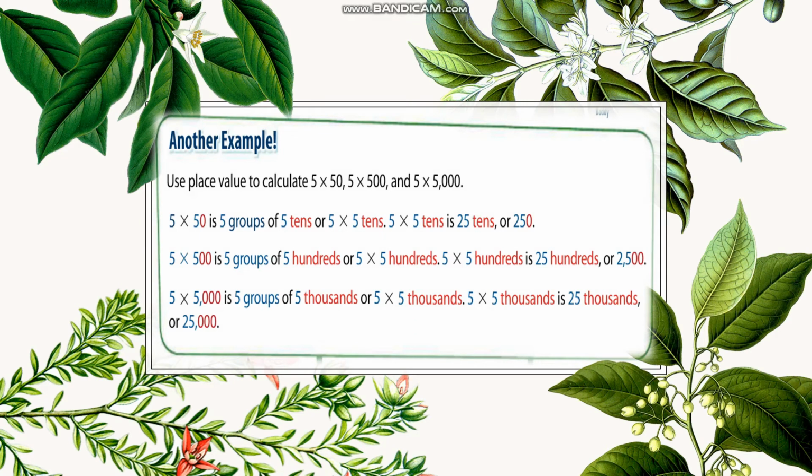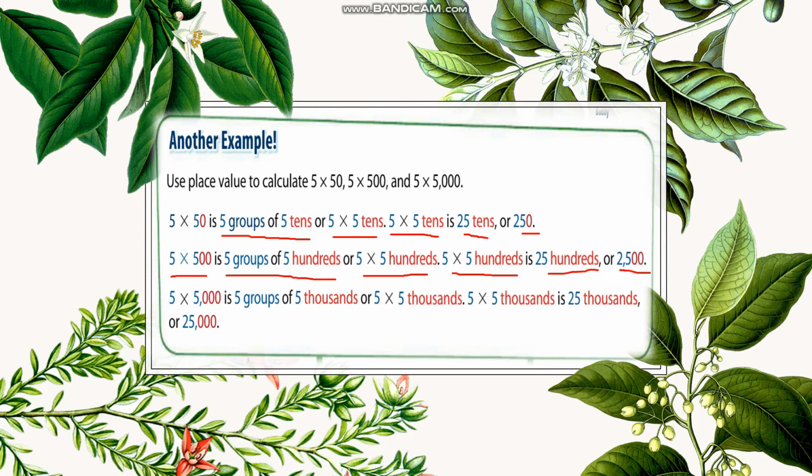Use place value to calculate 5 multiplied by 50, 5 multiplied by 500, and 5 multiplied by 5,000. So 5 multiplied by 50 is 5 groups of 5 tens, or 5 multiplied by 5 tens. So 5 multiplied by 5 tens is 25 tens, or 250. So 5 multiplied by 500 is 5 groups of 500s, or 5 multiplied by 5 hundreds. 5 multiplied by 5 hundreds is 25 hundreds, or